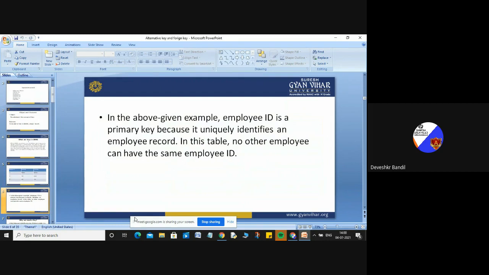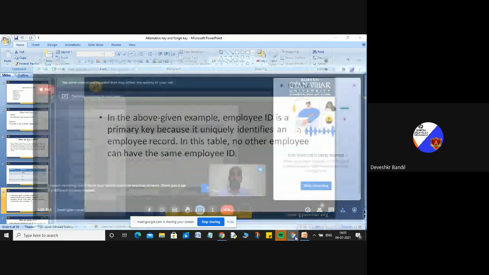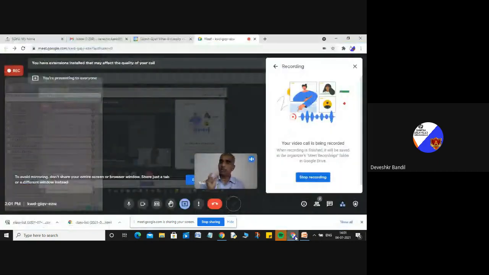Here I will give an overview about a primary key. In a primary key, you can take one or more than one attribute to identify a tuple, a record. You can take only one attribute, or more than one attribute, to identify a tuple.